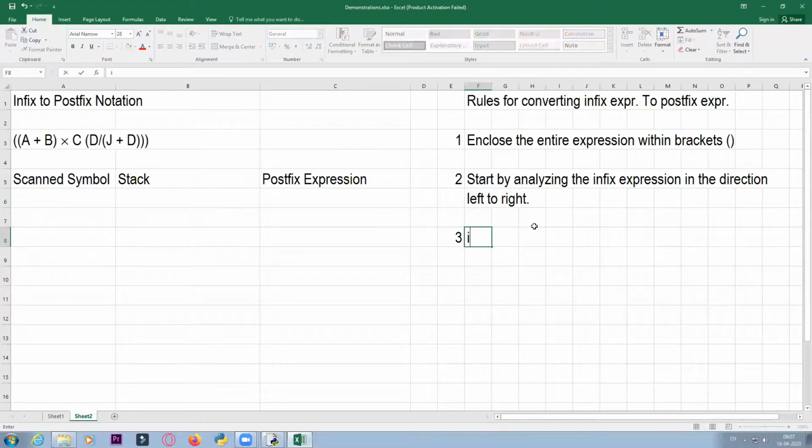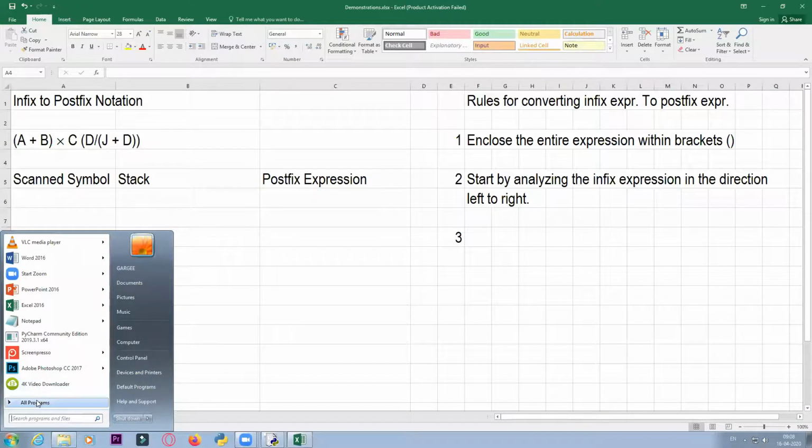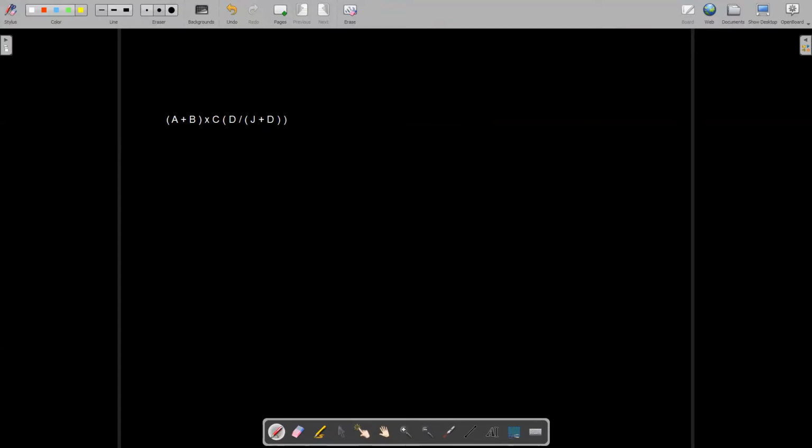Third is, we will do it as I'll explain it also. So you can see an expression over here. Originally the expression was this. This was the expression where you could see we had a plus b. I'll just explain this to you. So this is the expression we have.